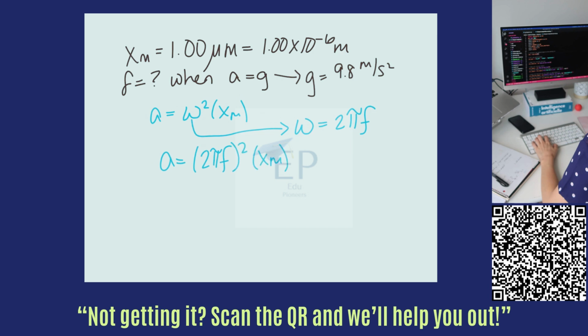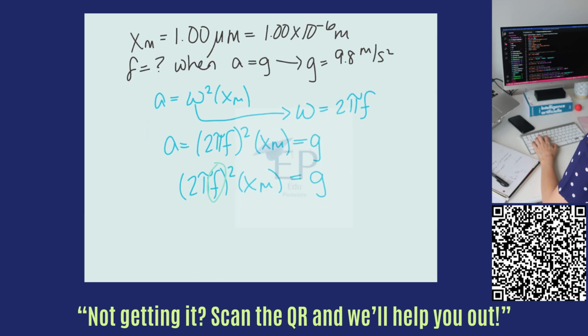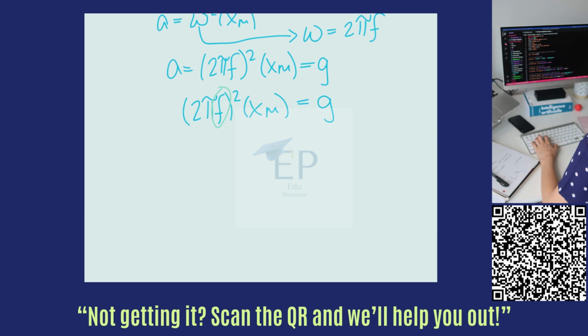And again, we know that we want it to be equal to gravity, so we can just make that equal to gravity. Since it is equal, we can ignore the acceleration term, and we can change our equation now to (2 pi f) squared times xm equals gravity. And we're trying to solve for frequency, so we want to rearrange our equation. The first thing we would do is divide both sides by xm,